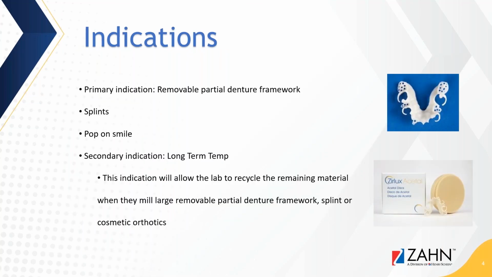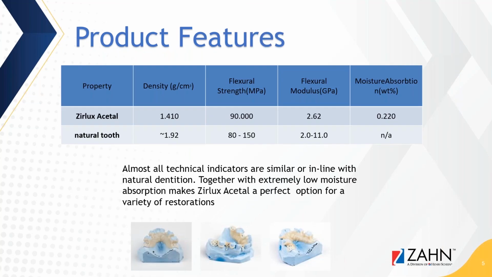As far as the indications are concerned, we can definitely use the Zirlux Acetyl for removable partial denture framework. Some people use it for splints, pop-on smile, and as a long-term glorified temporary. Now, this will be allowing the lab to recycle the remaining material, so on and so forth. So for today's product feature on the acetyl side, these are the indications as you see on screen, with the characteristics, some of which have been already registered in my 3Shape control panel DME